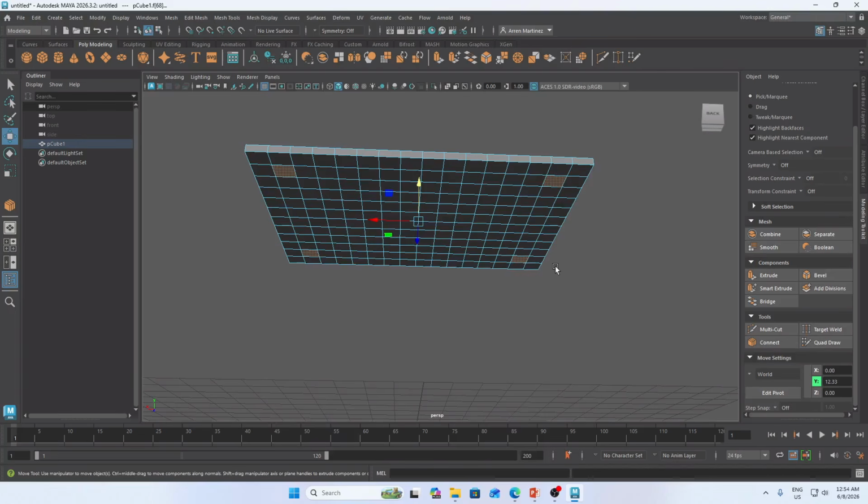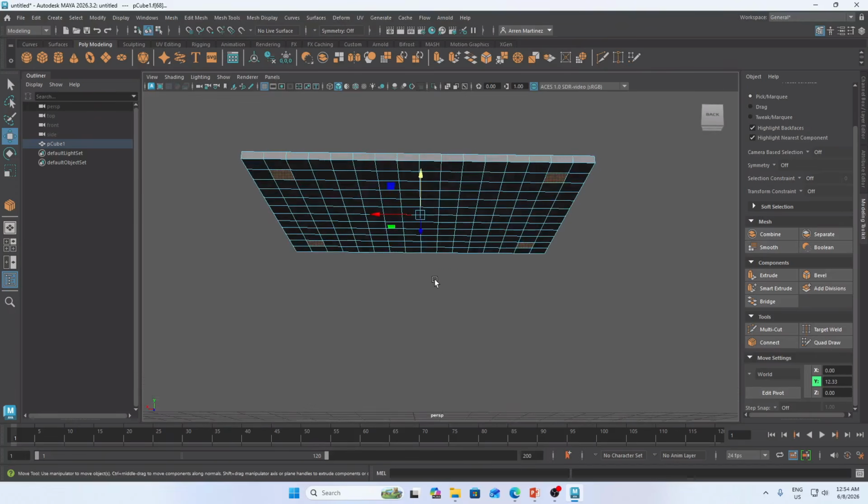So just hold shift and then click any faces that you want, because if you don't hold shift, you can click only one face. But if you hold shift while you are selecting faces, you can select two or more faces.